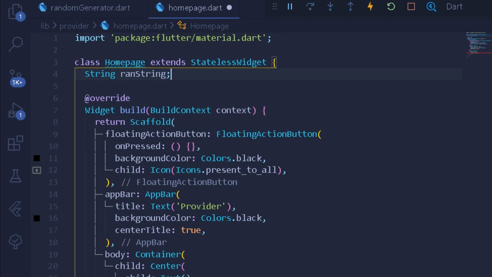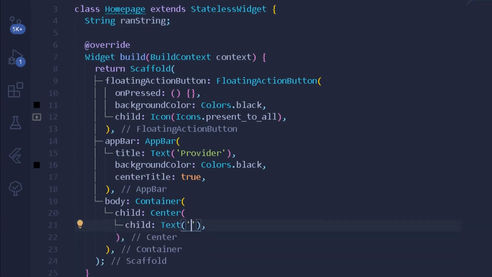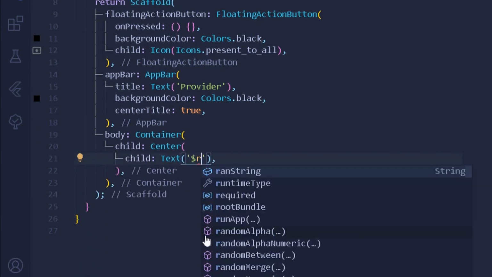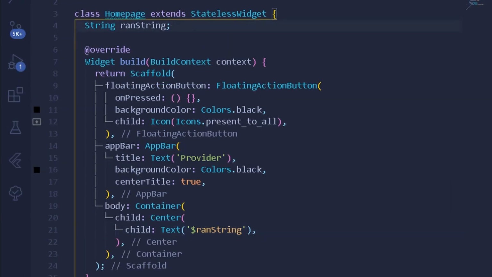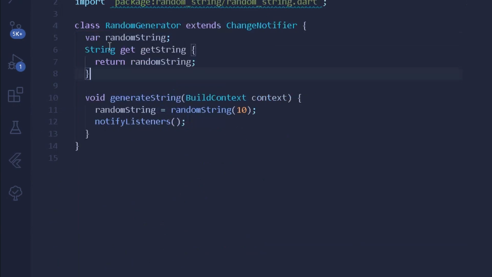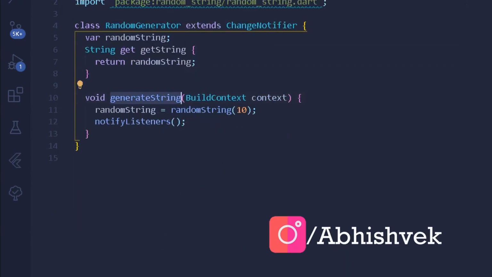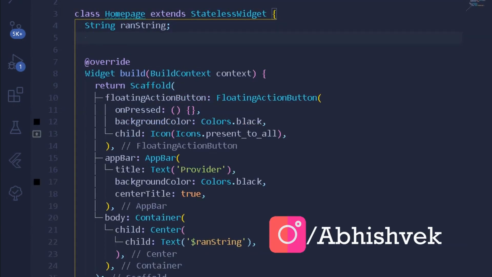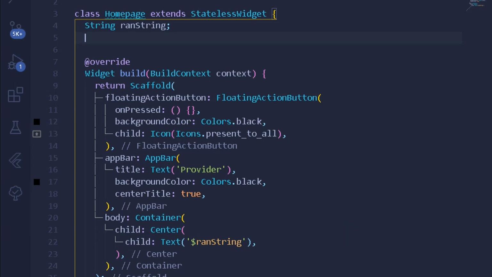Now once we have gotten the following rand string, I can simply assign the value to it which is under a random string itself. And here under our home page, we need to create an empty shell for a method of generating a random string which is under a generating string itself. Now the shell for the new method under our home page shall be responsible for handling all the breaking changes which are going to be occurring into our provider.